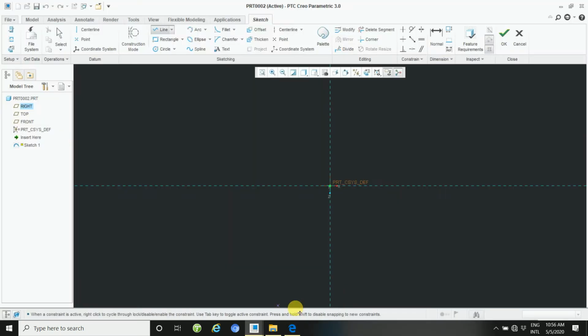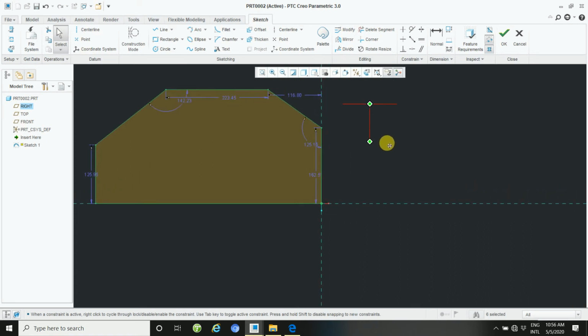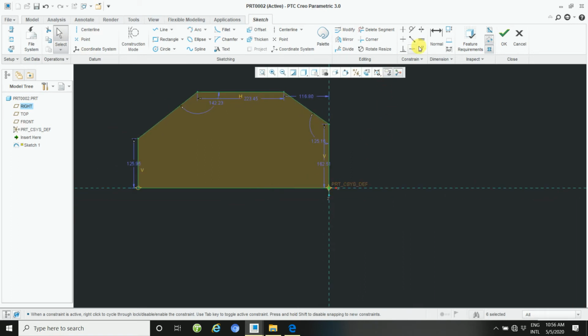Take a line this way, and then click here, click here and this way, and then close it. And then how to execute this command? Select this. This way you will execute this command and define the dimensions one by one.